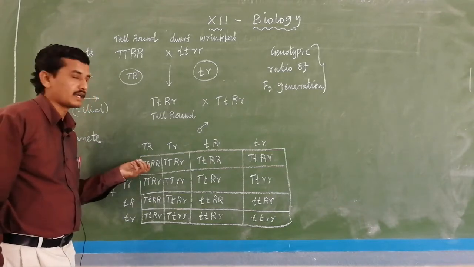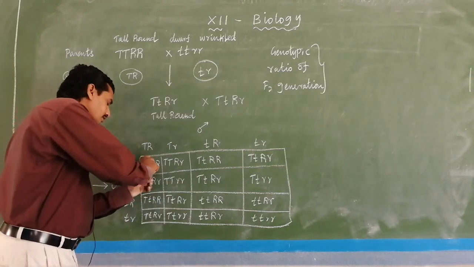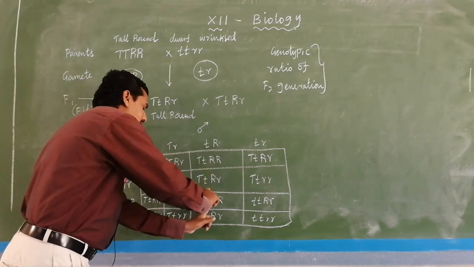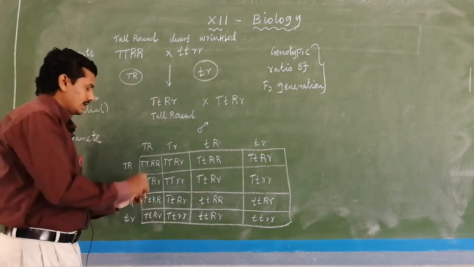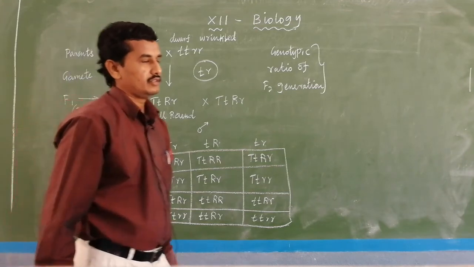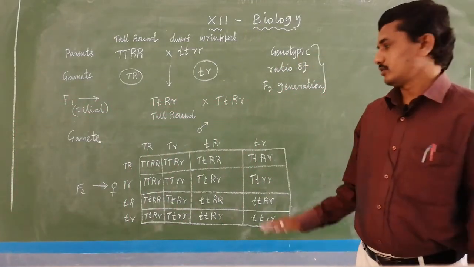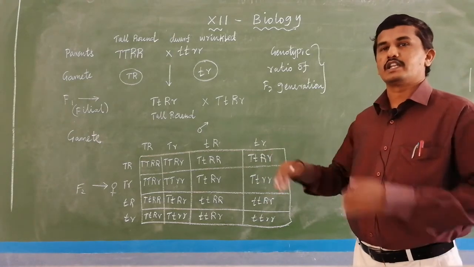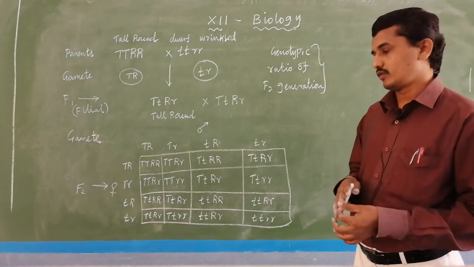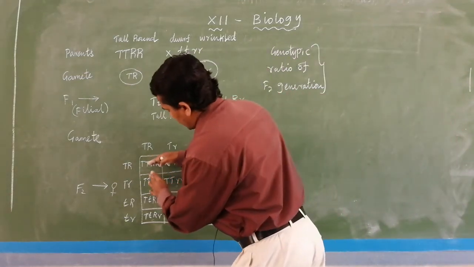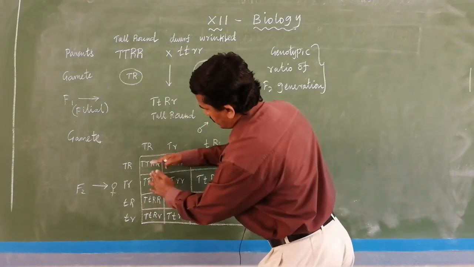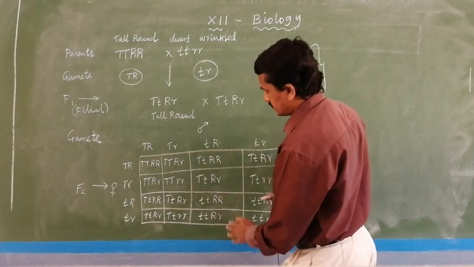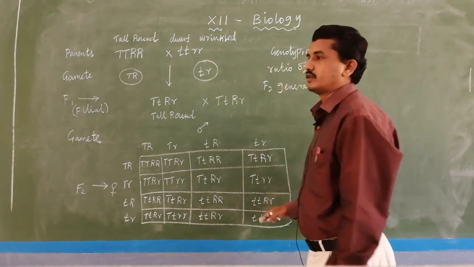The first character from here. Actually from here we count in an L shape: first L, then the second L and the third L. So, only if we count in L shape, the ratio is similar to our NCERT book. Suppose you count differently, maybe the ratio is similar, but the arrangement of ratios may differ. So, you count the genotypes in L-like shape. First you finish the first L, then you finish the second L, and then the third L, and the inverted L, and the last one here. Okay.